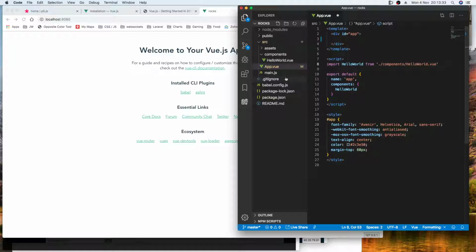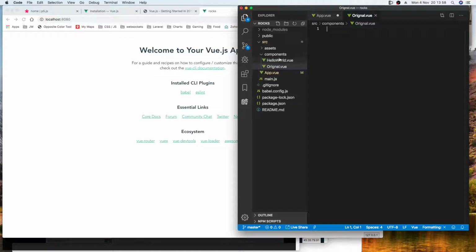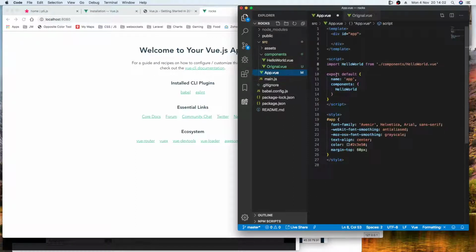What we are going to do though is create a new page in the components folder. We'll say new file, and we're going to call this original.vue. I'll explain why a bit later on, but for now we'll just call it original.vue. And then in the app file,